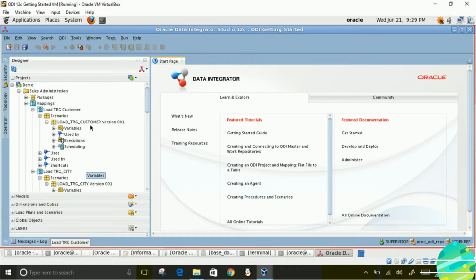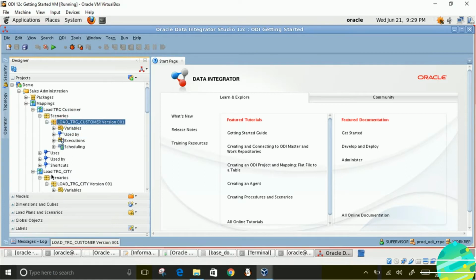Okay, I think we are ready to create the load plan. However, before we do that, let us make sure all the mapping components which we want to include in the load plan, all the mappings and all the procedures have scenarios generated for them. Let's look at that.